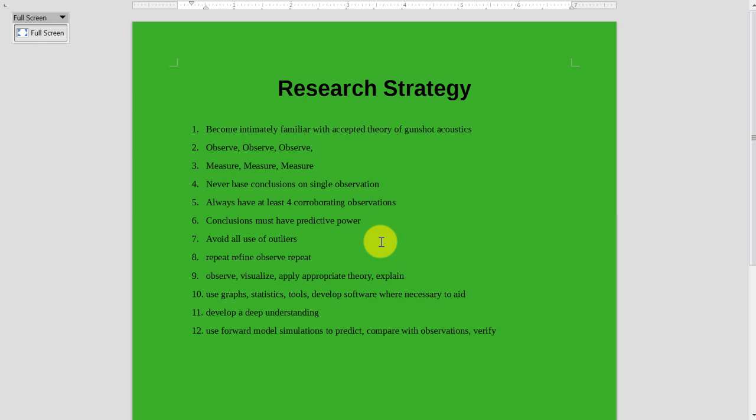For example, still on my list of things to investigate are a couple of single shots, or a couple of percussive sounds. Percussive sound is nothing more than something that sounds like a gunshot. It can be produced by a drum, it can be produced by a rock hitting a wall, it can be produced by you hitting your phone on something hard, it can be produced by a firecracker, an explosion, a host of things. And that single event you have to look at very, very closely. You have to look at the context in which it occurs, and you have to make some determination as to